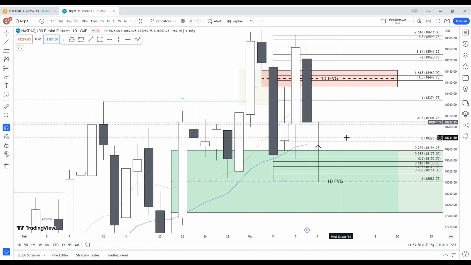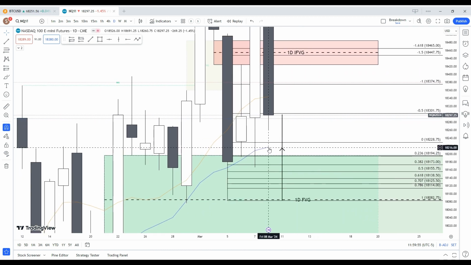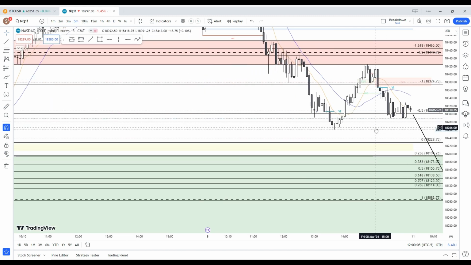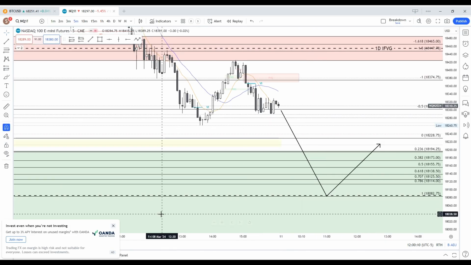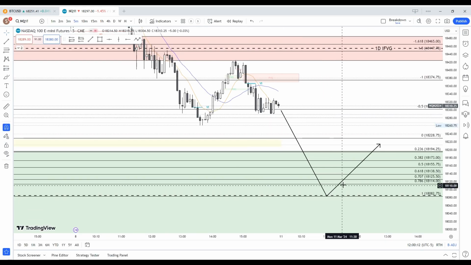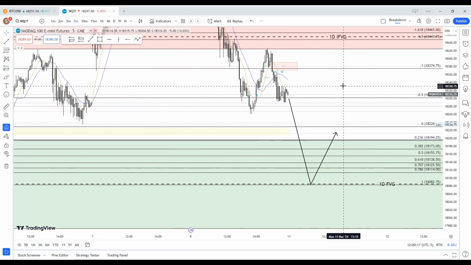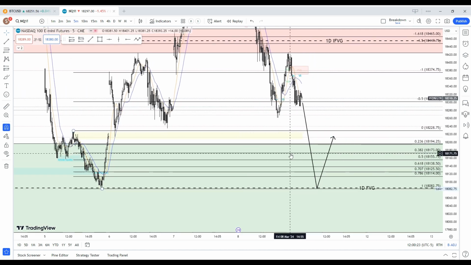So hopefully everything plays out the way that we want it. Come down to here, see how it respects it. The top of this or the 50% would all line up, right? If we can get down into here on a Monday, it would line up with a huge move on Tuesday. So I'm curious to see how Monday plays out. And then we'll review it Monday and see what we can figure out for CPI.